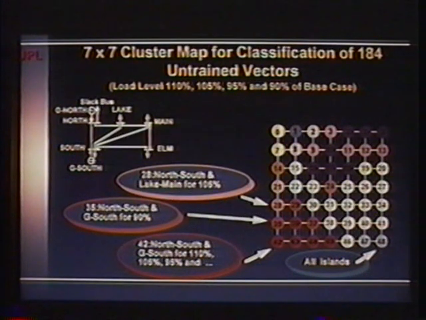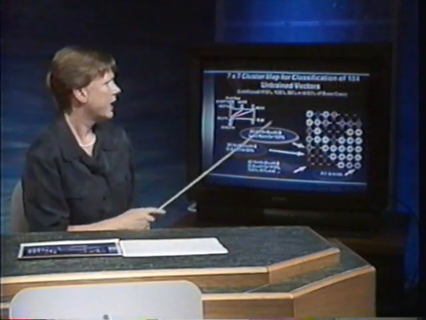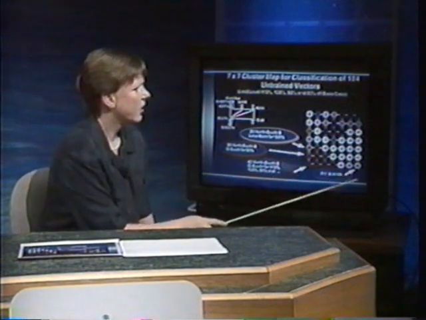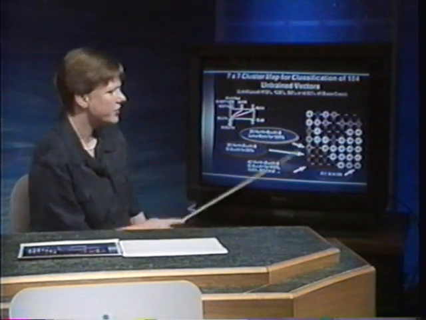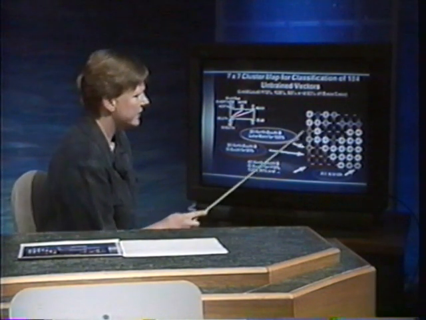And I have now taken the same concept for a larger power system. In this case, we have a 5-bus system, 7 lines. I have trained a 7x7 Kohonen network with 46 training vectors, which I've presented several thousand times. And what this map shows is the classification of 184 untrained vectors. So these are my test vectors. And actually, as in the case of the